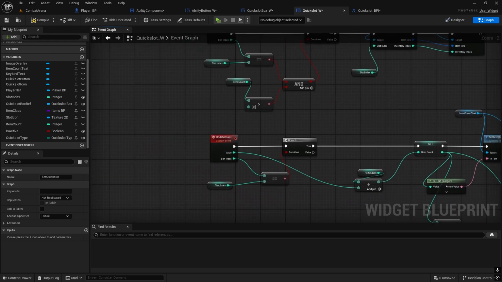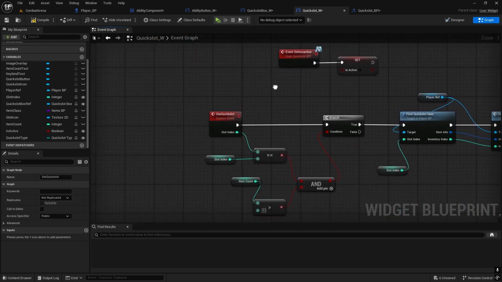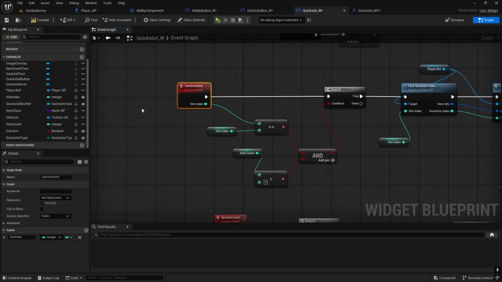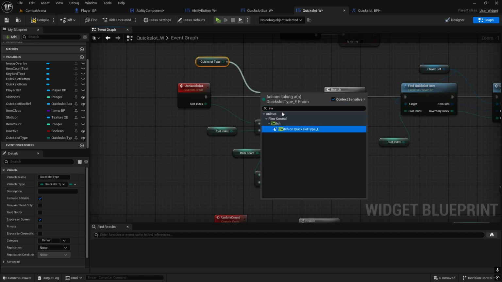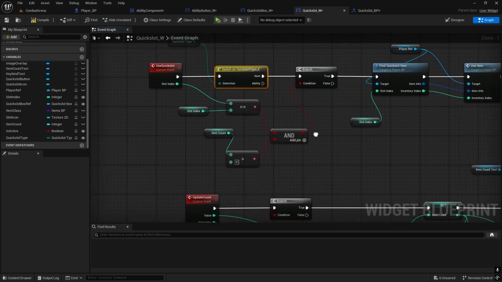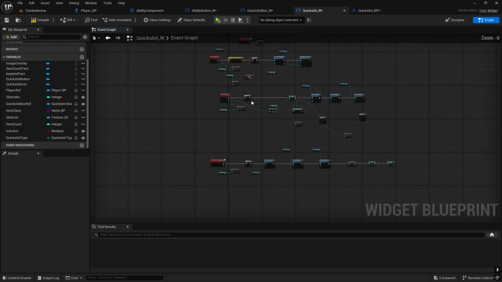That is all the same. So just use quick slot, which should be the last one. Now when we use quick slot, we're going to get quick slot type, switch, and if it's the item, we do the same thing. Since we have item count, we need to do it again. So we need to check one more branch, move this down,